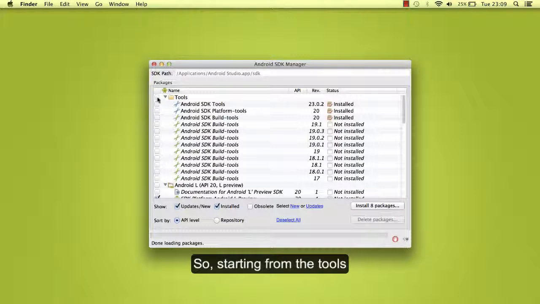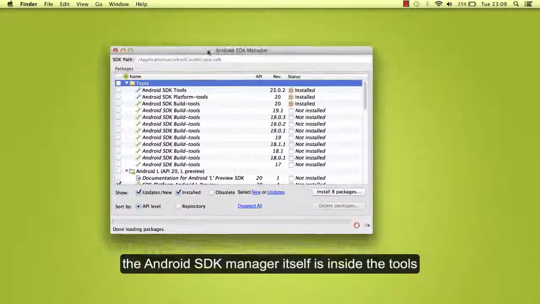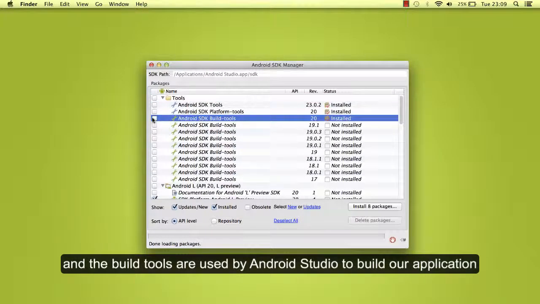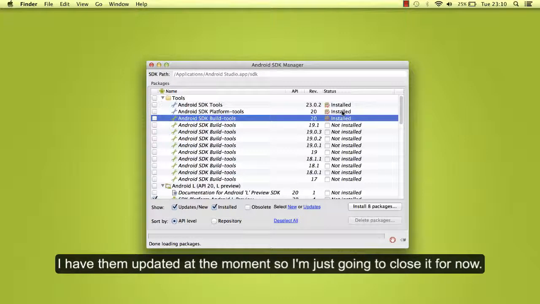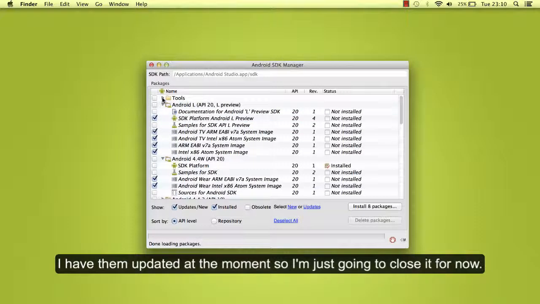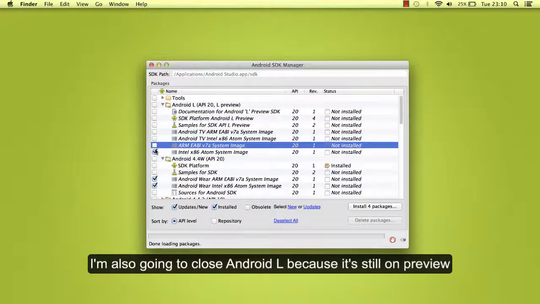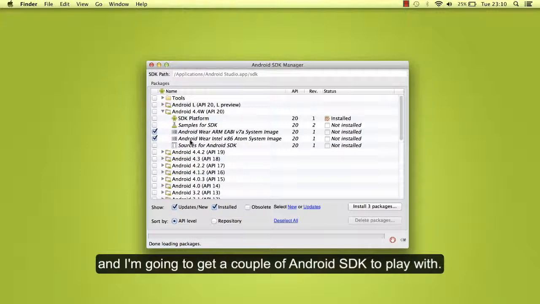So, starting with the tools, the Android SDK Manager itself is inside the tools, and the build tools are used by Android Studio to build our application. So it's important that you have these three things updated. I have them updated at the moment, so I'm just going to close it for now. I'm also going to close Android L because it's still in preview. And I'm going to get a couple of